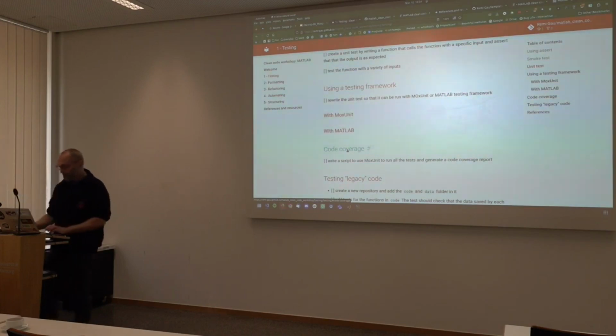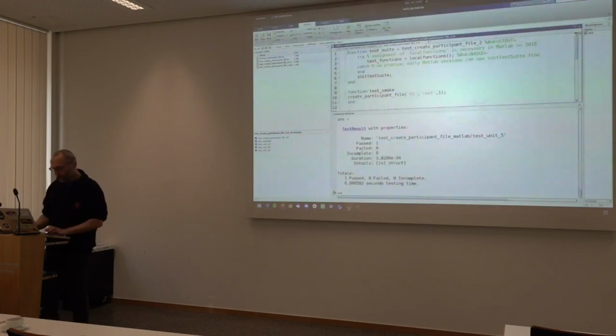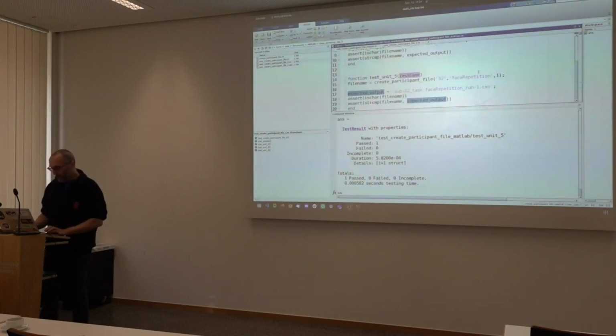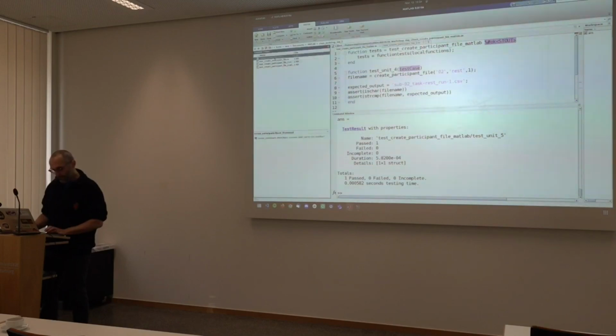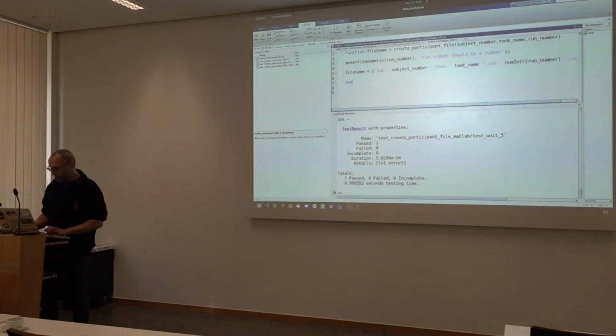So let's say that I'm going to give you a very simple example of a line that would never be run no matter how many tests you write. It's this one. If false, display file name.